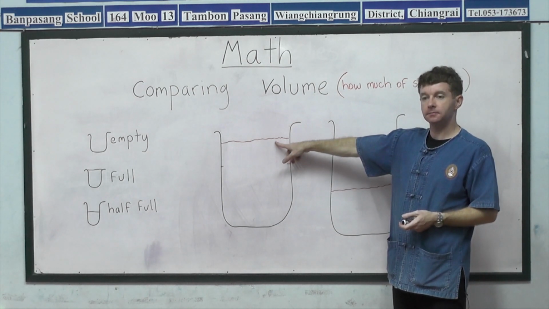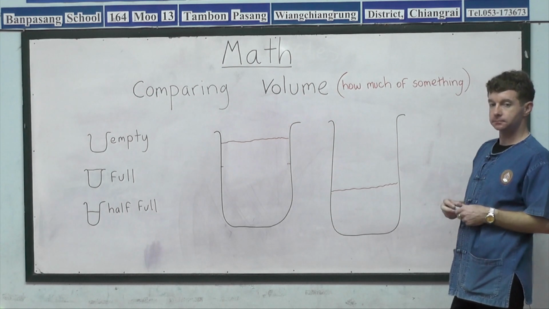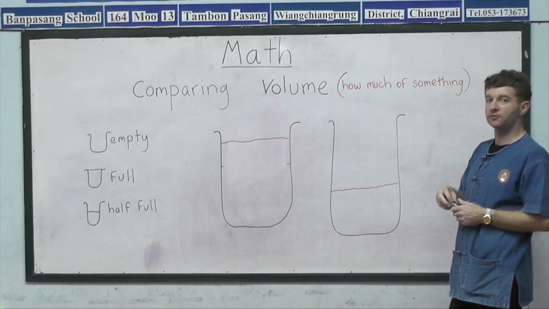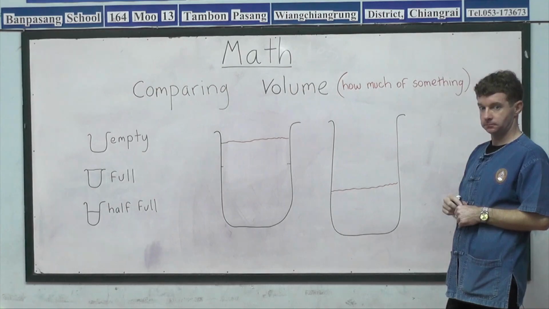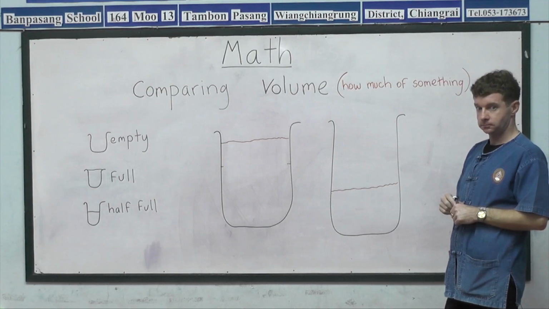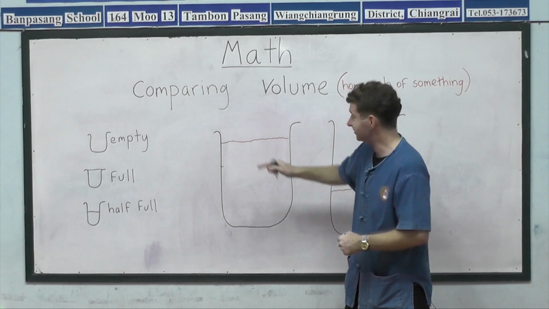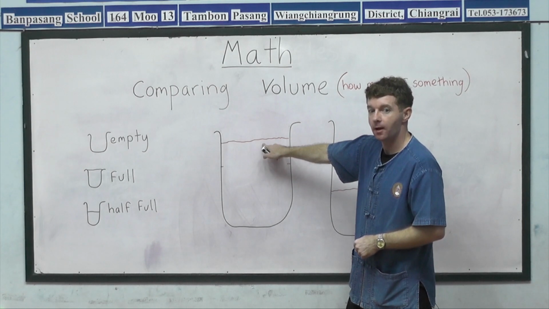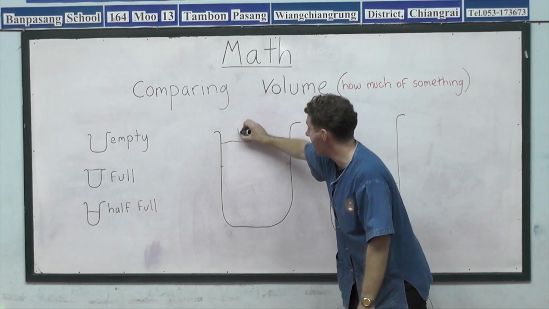Container A, container B. We can use two words to describe which is the bigger and smaller volume. Can you think of the words beginning with M? This has more. Excellent. M